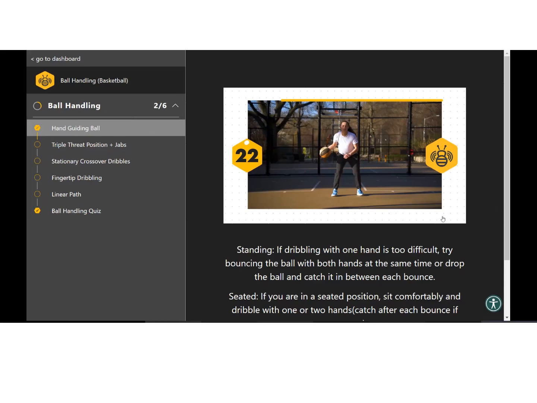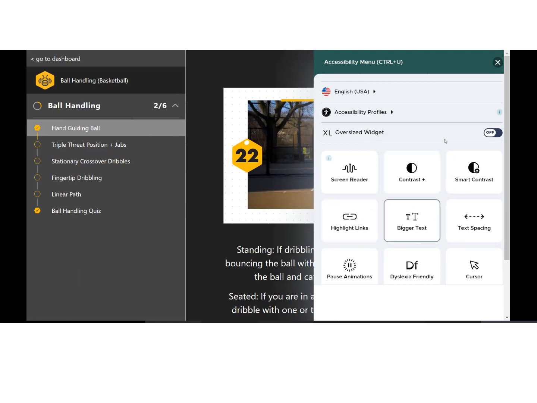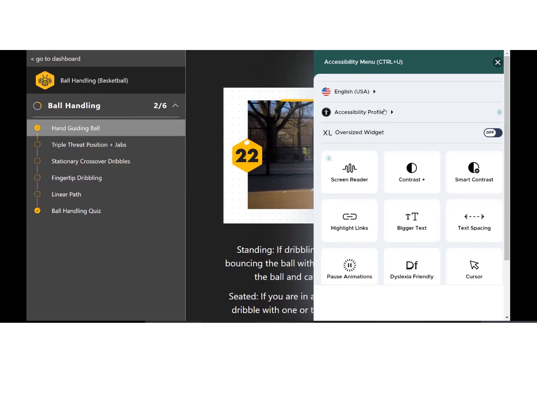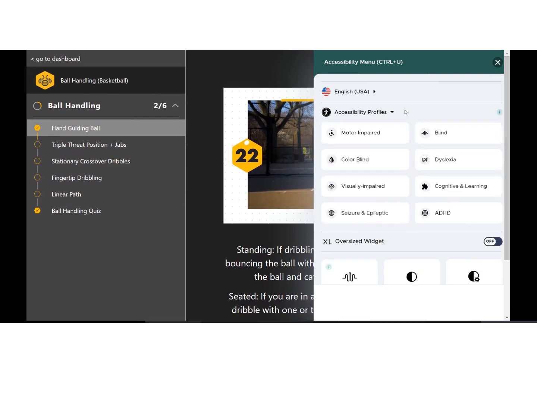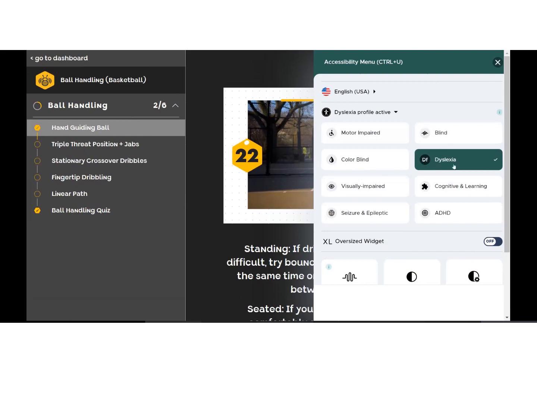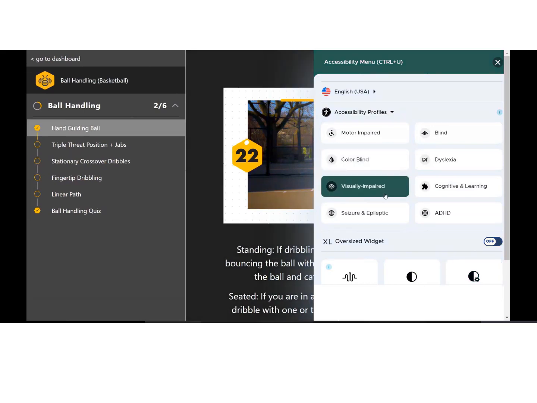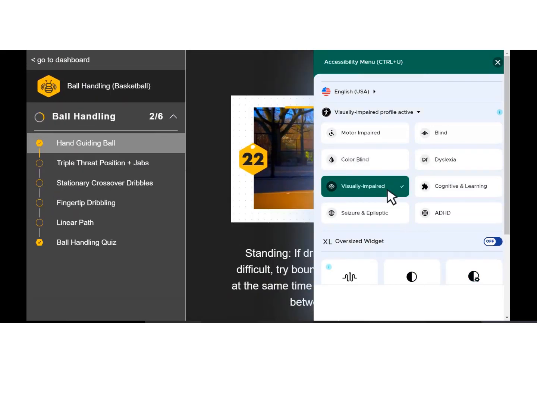While I'm here, I also always like to draw attention to the accessibility that I mentioned just a moment ago. So this is the widget. I'm sure many of you may have seen this already on other platforms, but this interacts with everything on the Digital Encyclopedia platform. If you or one of your patrons fits one of these so-called profiles, you can click one of these buttons. I'll just do dyslexia, or maybe I'll do colorblind. And you'll see that it changes every element on the platform at the click of a button to really help your user and help your patron have the viewing experience that they need.